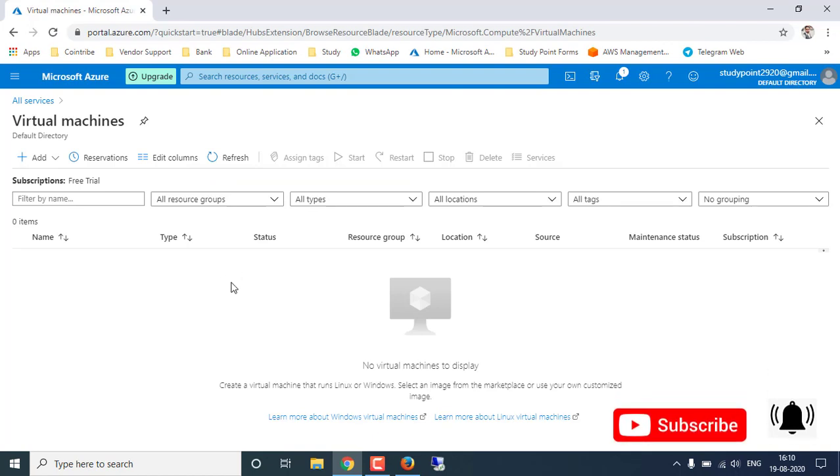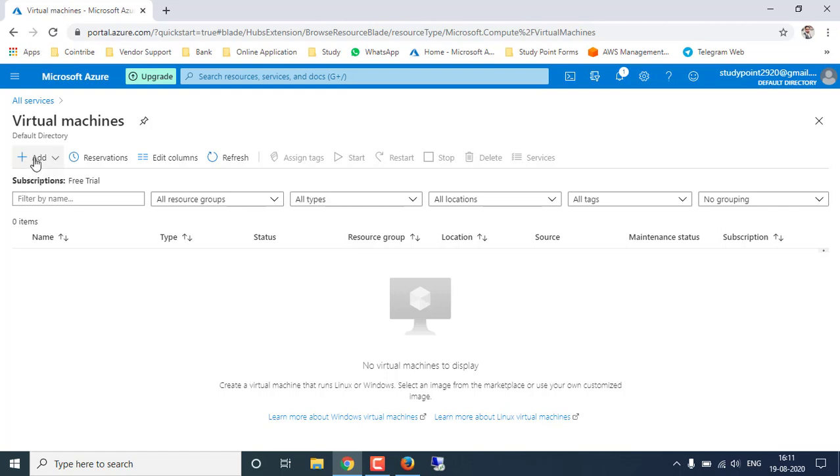So we have to create virtual machines, and I will tell you two things that are mandatory for a virtual machine in Azure. One is the subscription, and the second one is the resource group. These two things are mandatory in Azure. Whatever you are going to create, whether a virtual machine, a storage account, any databases, any VPC, anything in Azure, two things are required for everything, and it will ask you every time you deploy anything in Azure. So let's go to the creation process of Azure virtual machines.